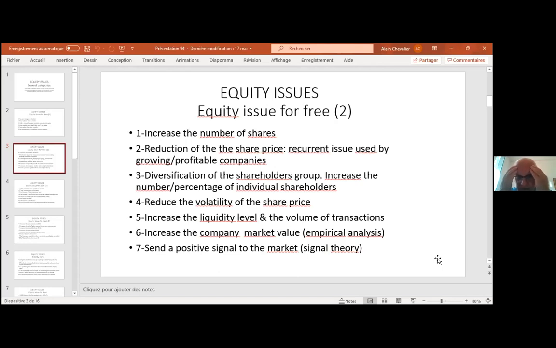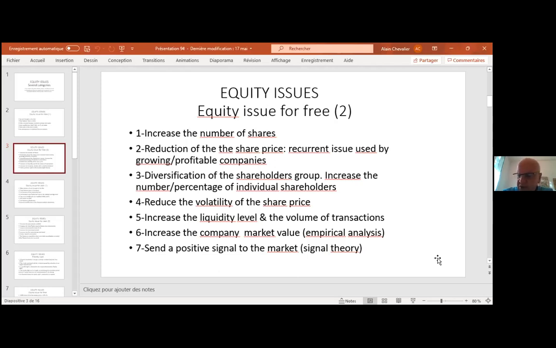So you see in point 3 what it means. It means if you want to have diversified shareholders, up to now, you have not been in this program into the analysis of what we call the shareholders group. It means for many companies, when you grow, you have different categories of shareholders. You find investment funds, banks, insurance companies, states sometimes, but also families and individual shareholders.